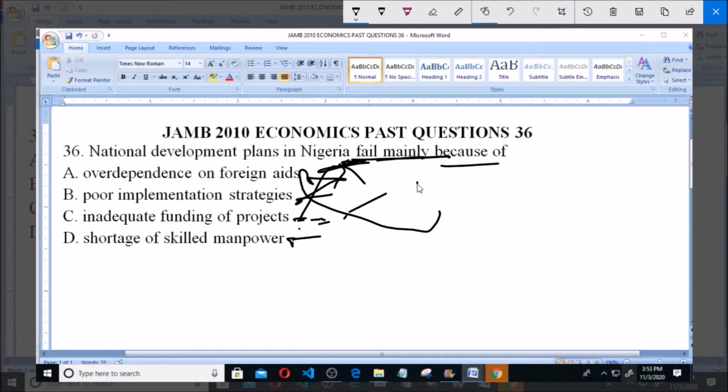If we look at economic development, it may be defined as the process whereby the level of national production, that is, national income or per capita income, increases over a period of time. So the following obstacles can be looked at which hinder the economic development of West African countries such as Nigeria.